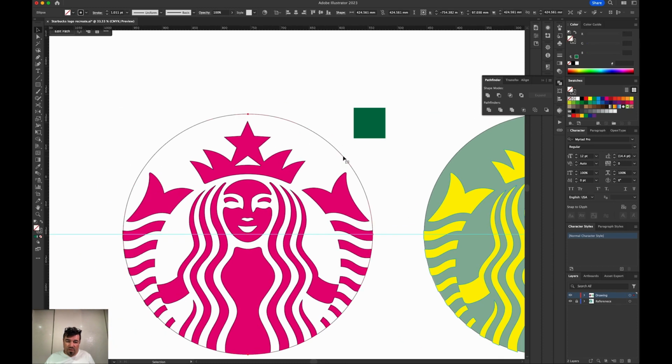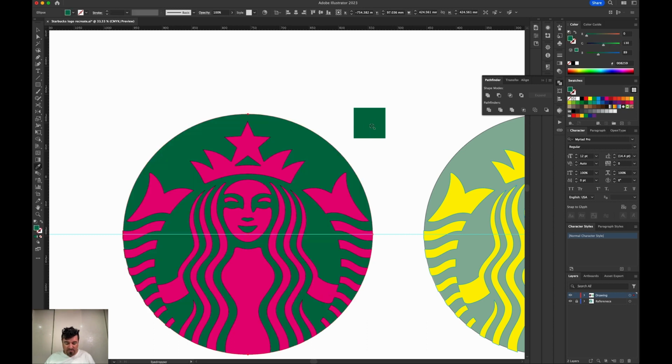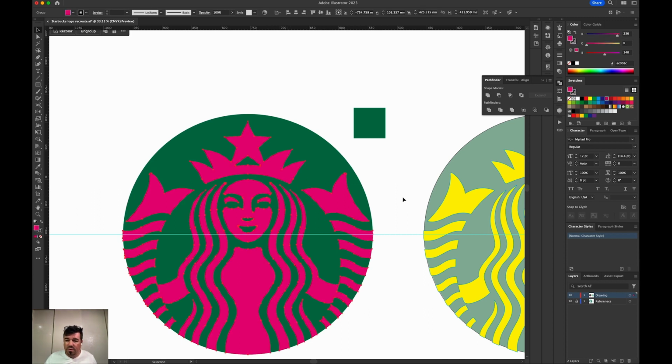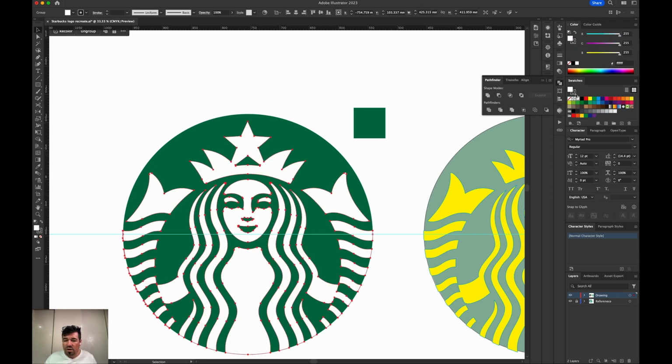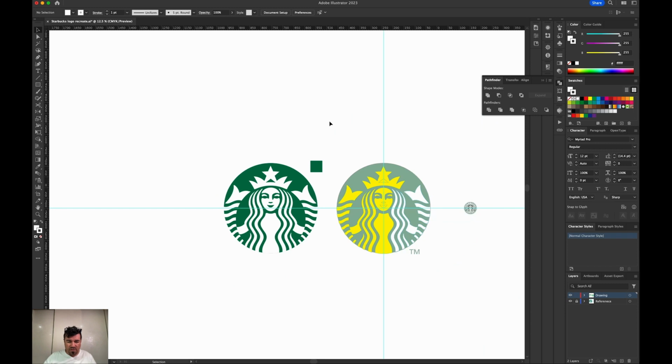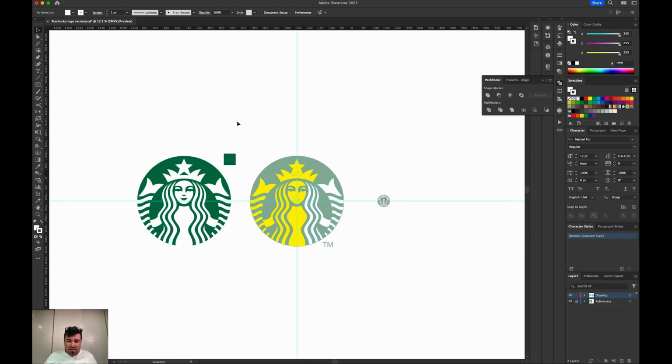All right, we're going to grab this background. We're going to hit I, and we're going to eyedrop it to that. We're going to grab all of these components now, and we're going to go to white, and we're going to get rid of the black keyline. So now we've just got a white fill. All right, so